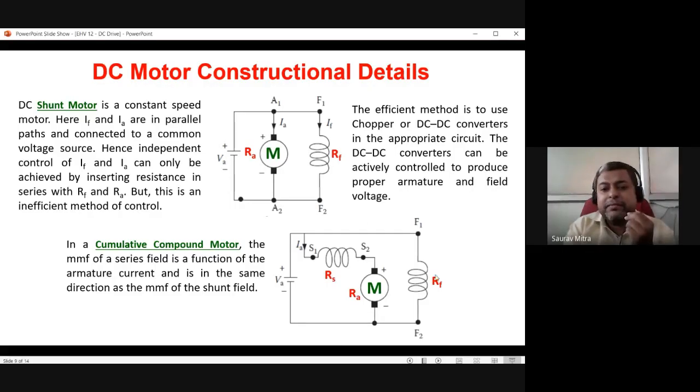And this is compound motor, where you can find this is the armature part, this is the field part, and there is an Rs. Rs is a special kind of winding which is actually connected in series with the armature. So instead of two, there are three coils in compound motor, and this is called cumulative compound because in this case, the characteristics of series and shunt are actually added. And there is a differential type of compound motor where series and shunt characteristics are subtracted. Okay, so this cumulative compound motor is very heavily used in very big trucks, 16 tires, 20 tires trucks. There, for DC drive, this cumulative compound motor is used.